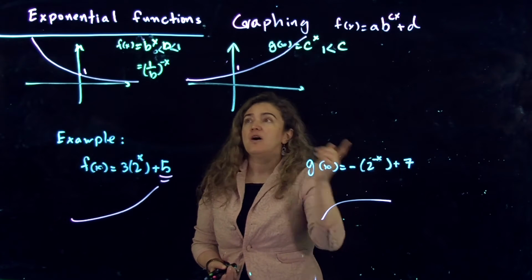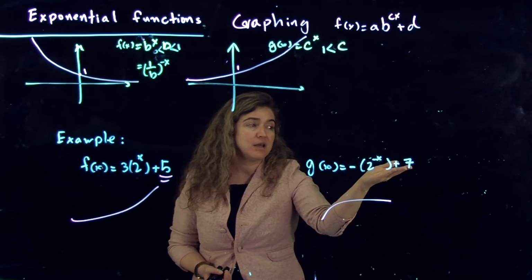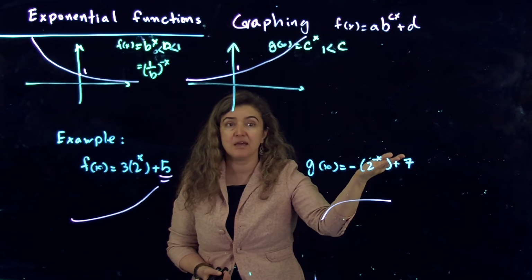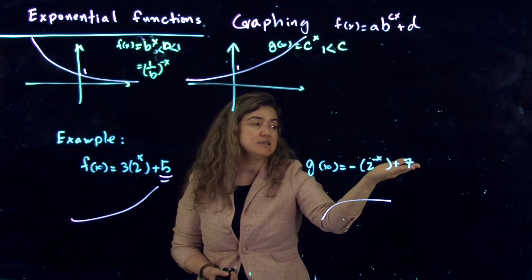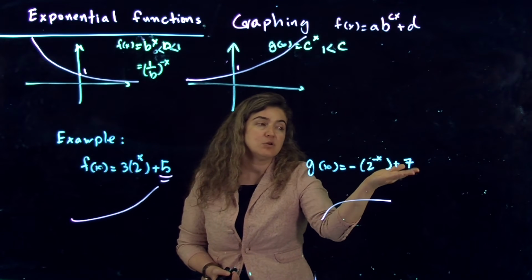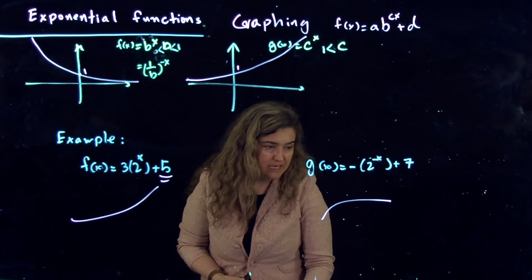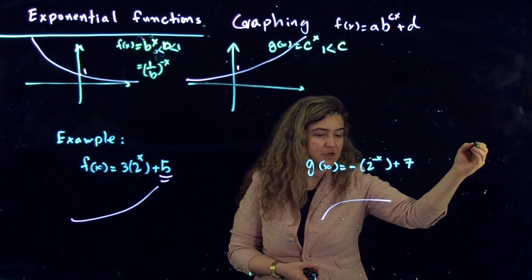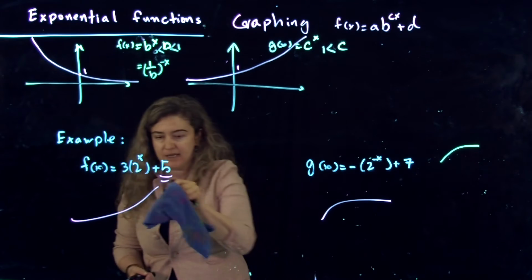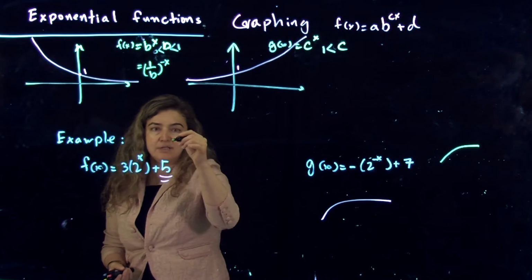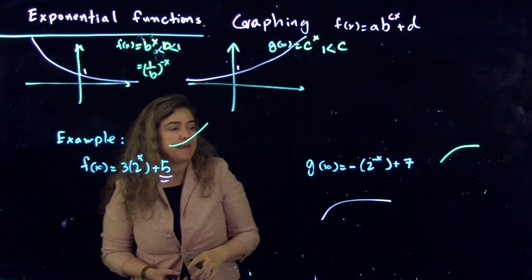This one is going to follow that behavior as x approaches infinities, except that the horizontal asymptote is going to be moved up 7 units. So now that I know the concavity approximately there, and approximately there,